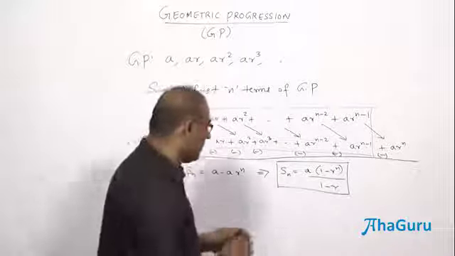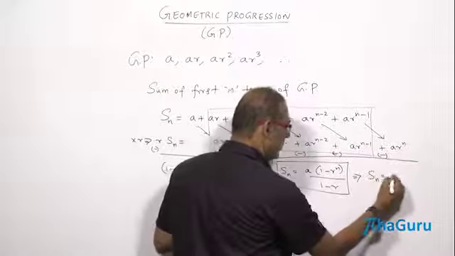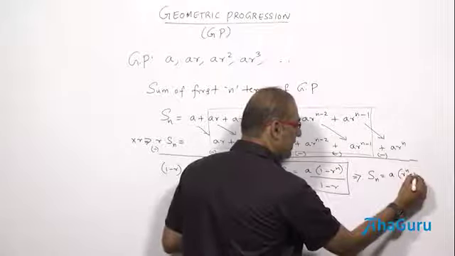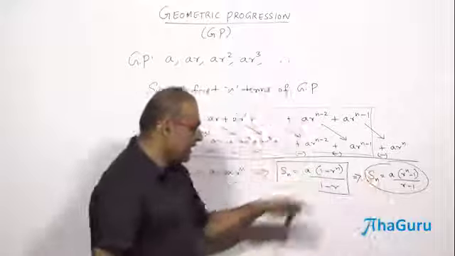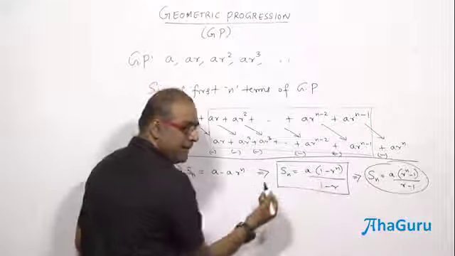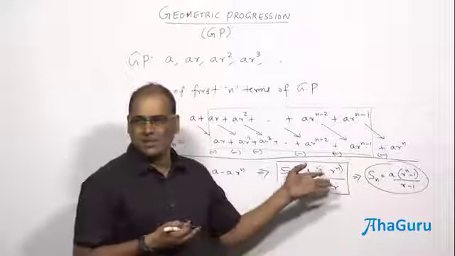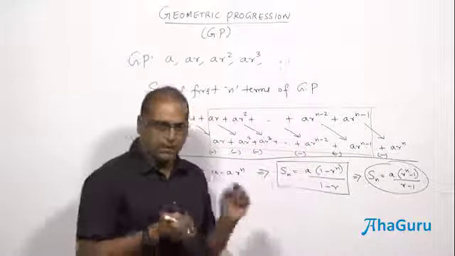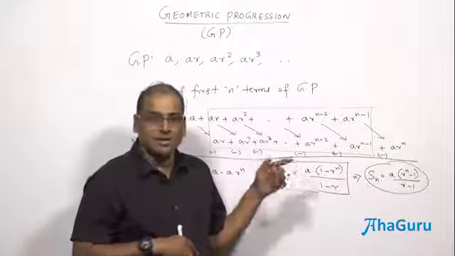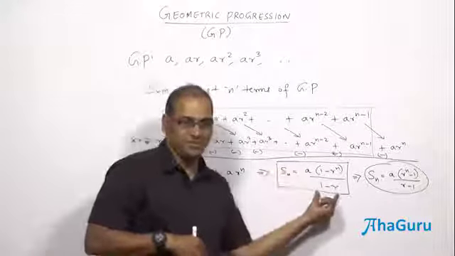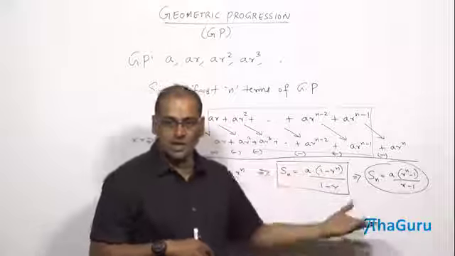In fact, I can write the same thing like this. Sn is equal to A times R power n minus 1 by R minus 1. This is the same. That means it's just like x by y, I can write minus x by minus y. Both are the same actually. But while applying, somebody doesn't want negative terms. So whenever R is less than 1, use the first form, where this is positive. If you use the other, that will be negative. If R is more than 1, we can use this one.